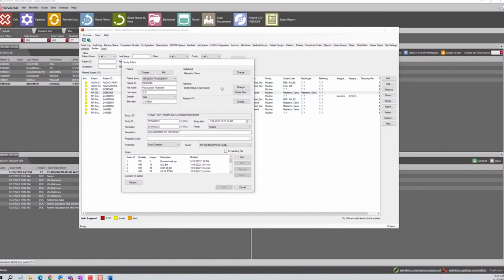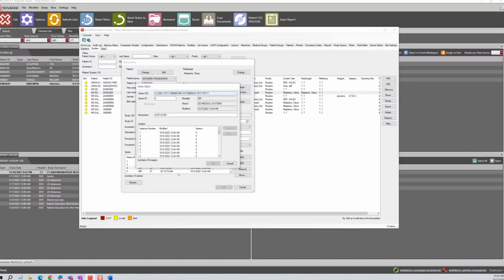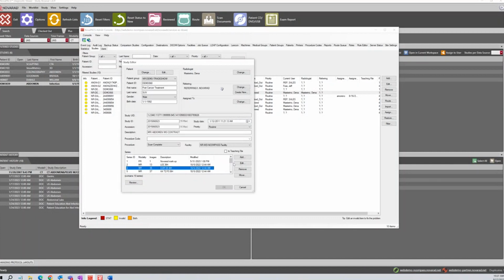So obviously there's going to be multiple images down inside the series. So I double click on it, and we can see each individual image. Now, the reason this is important is back when I was a PACS administrator at a hospital, I would frequently have an ultrasound tech come to me and say, hey, can you please delete image 35 from this series? I guess it shouldn't have been in there.